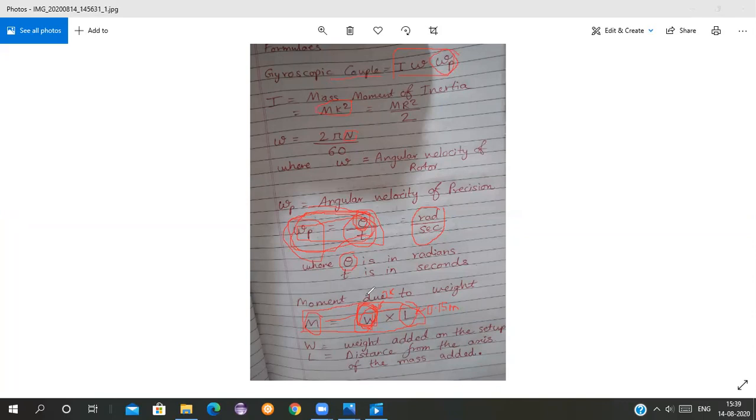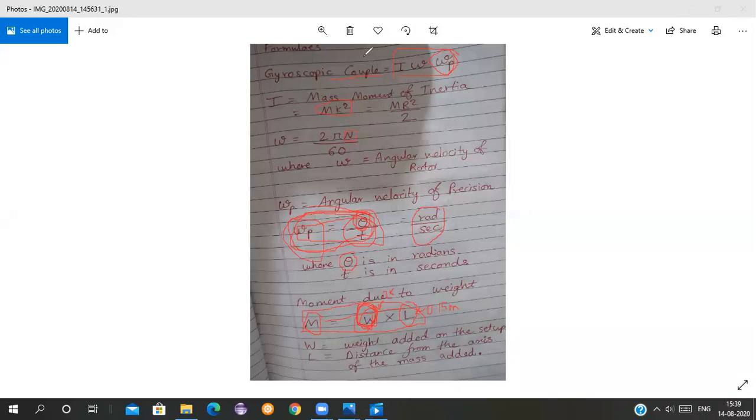So when we add weight, the angular velocity of precession increases, and therefore the gyroscopic couple increases. In the same way, when we add weight, the moment also increases. So somewhere both will come almost the same, approximately the same. Hope you are getting this, students. So this is what is there in your practicals. See, one thing you keep in mind, students. You can calculate with different values, with different changes in values when we do it in our actual setup.